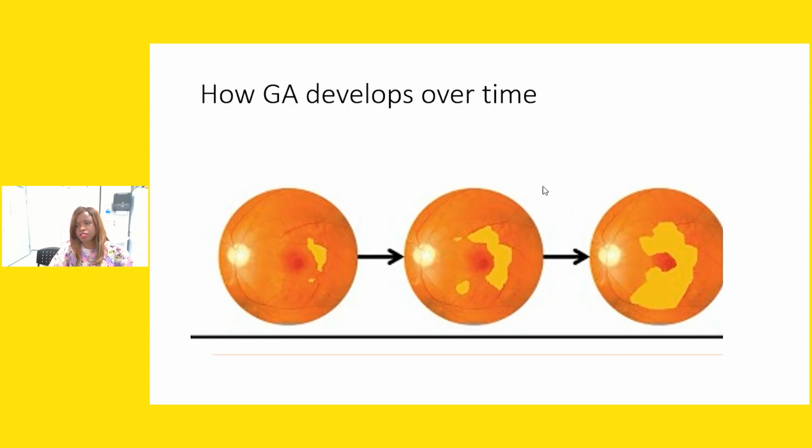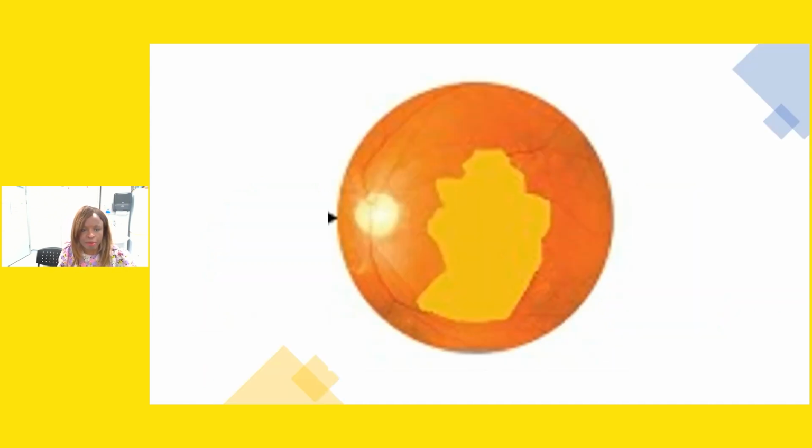Now, how does geographic atrophy develop over time? As I said, in about 75 to 80% of people, it starts away from the center. And this picture here is depicting how it might progress over time. This is from a paper published in 2018 by a group in the States. You can see that the yellow area is depicting geographic atrophy. And over time, typically, this area starts to expand, in a sort of circular pattern, until it completely encompasses